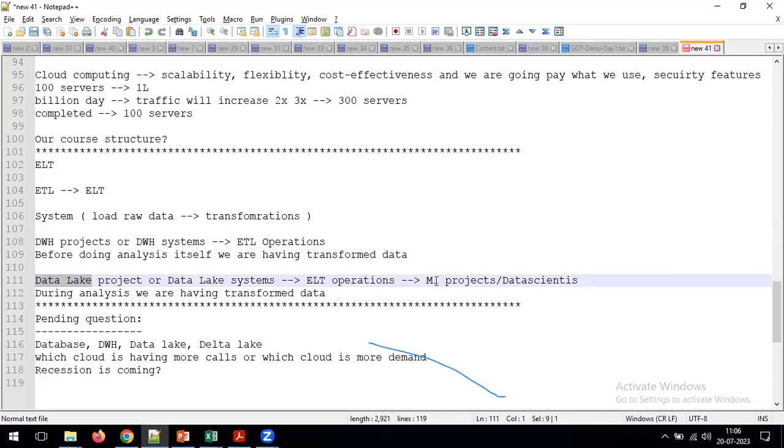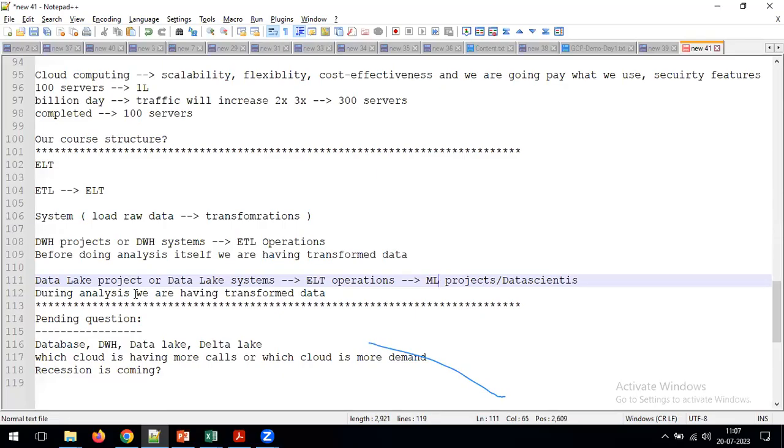Let me touch on this at a high level for ML or data scientists. As ML people or data scientists, they are going to analyze the data. For the purpose of analysis, they will not ask us to do the transformation immediately. As part of the analysis, at that point of time, they will perform the transforming operations. For that, we need to maintain all the raw data first. Using the raw data, our ML people or data scientists perform the analysis, but they are not directly doing the analysis on the raw data.